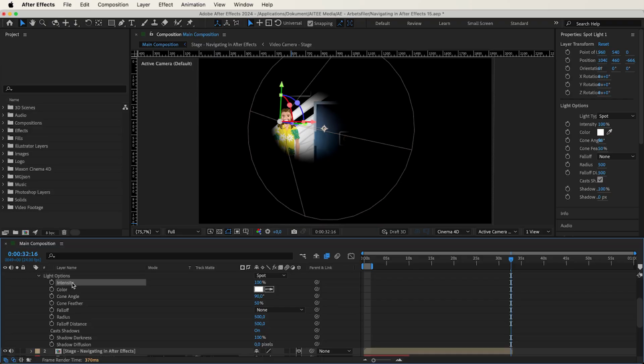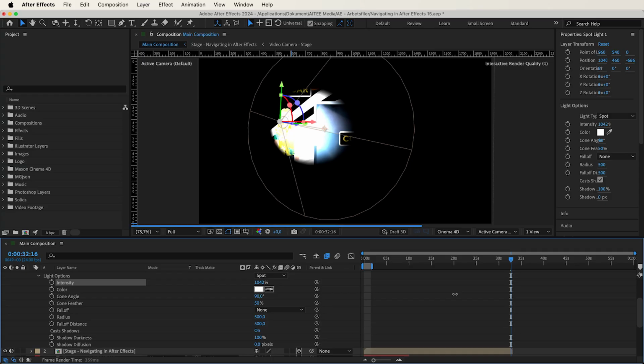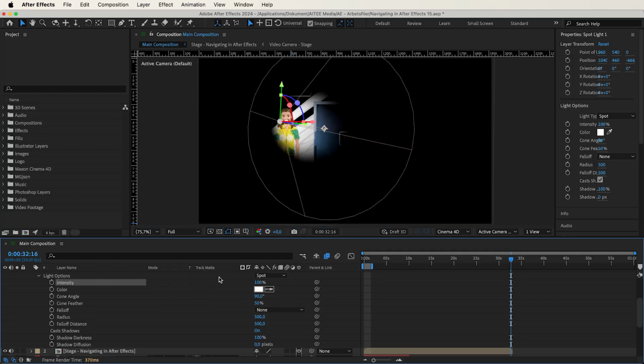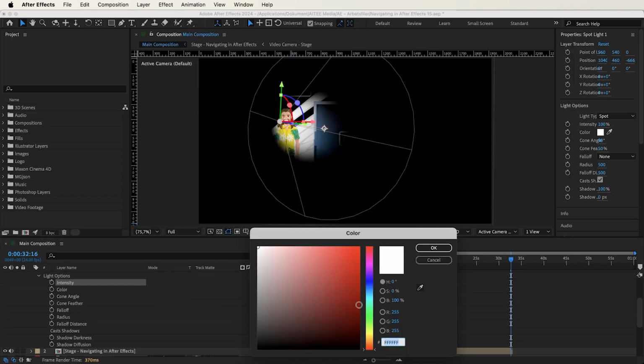Moving on, it is possible to drag down the intensity and lower the lighting to the negative, while also being possible to raise it almost to infinity. But probably you won't see much of a difference when going over the 600-700% mark, as the colors are already blown out here. You can then change the color of the light,